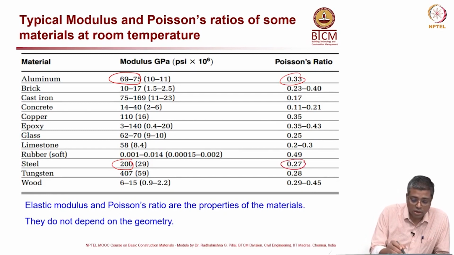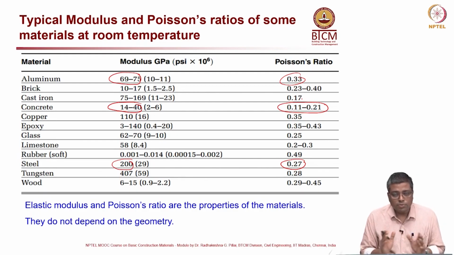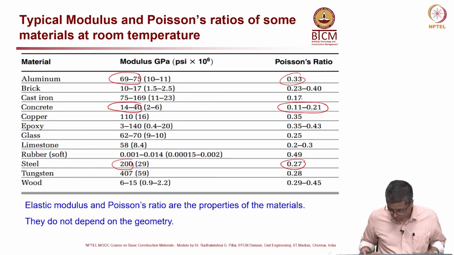Now in case of concrete, the modulus has significant variation, 14 to above 40, and today we even have concrete with more than that, and the Poisson's ratio also varies significantly from 0.11 to 0.21. So, the point here is these properties can vary depending on the homogeneity of the material and various other factors. Okay. These two are key material properties of any material which we consider for use in construction, and when I say they are material properties, it means that they are not dependent on the geometry of